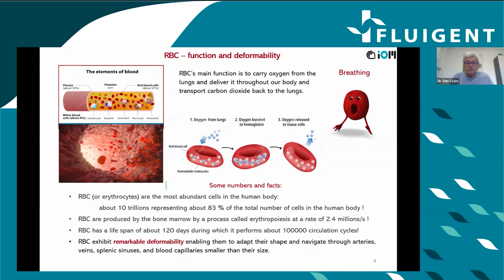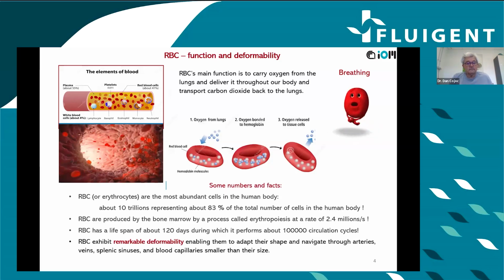They are produced by the bone marrow by a process called erythropoiesis, at a rate of 2.4 million per second. The lifespan of a red blood cell is about 120 days, during which it performs about 100,000 circulation cycles. You can imagine how many deformations such a cell